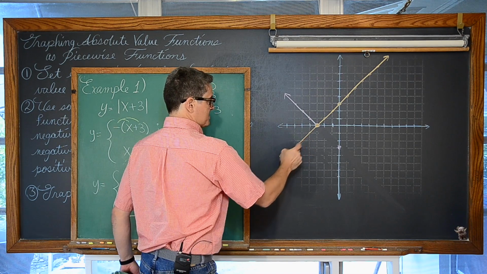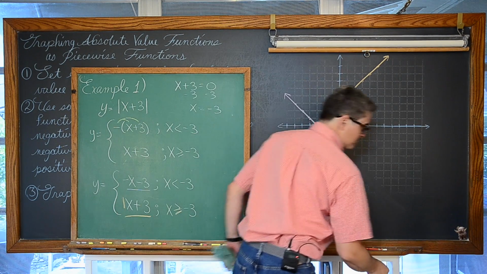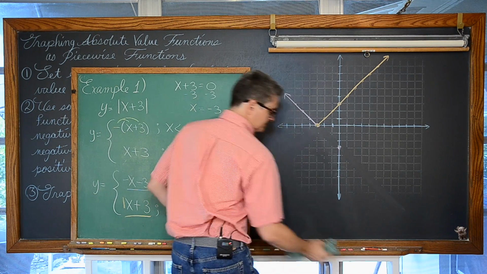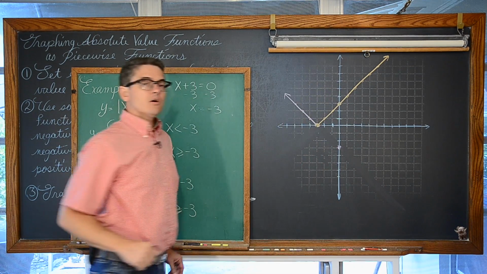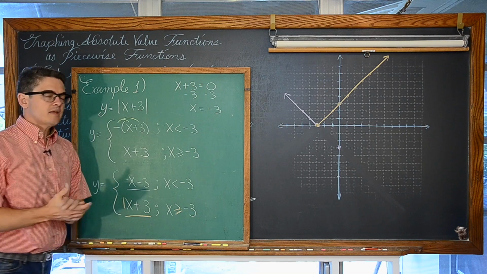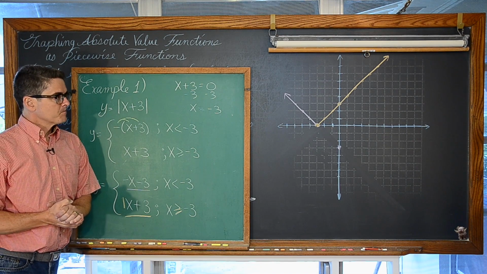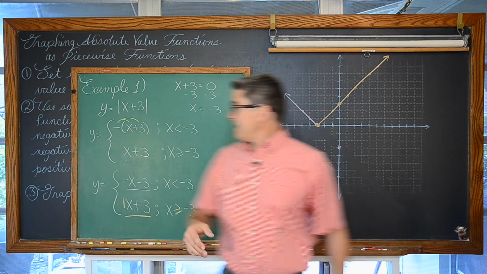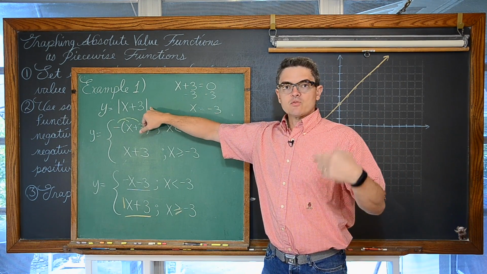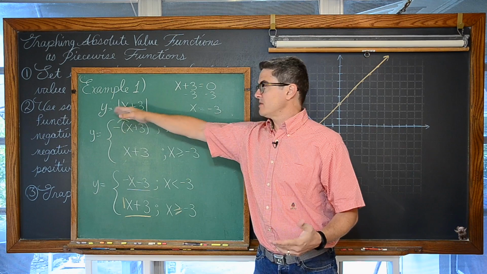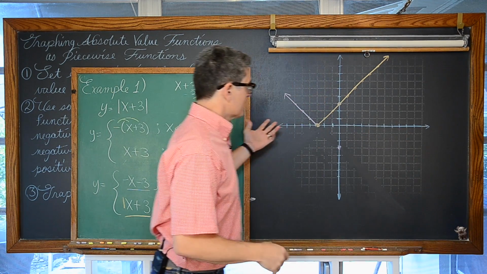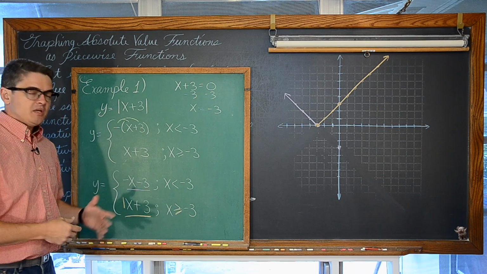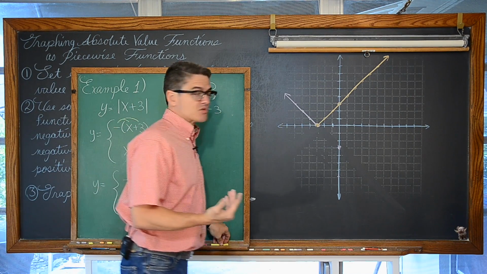Well, here I'm to the left, negative 4, negative 5. Those aren't bigger than negative 3. They're less than negative 3. And here is our graph for y is equal to the absolute value of x plus 3. A little bit different than when you were maybe seeing this as a transformation, the parent function y equals the absolute value of x, and just shifting it to the left 3 places. This is actually a longer technique, but you'll see in our next 2 examples that this going into a piecewise function idea makes things actually simpler.